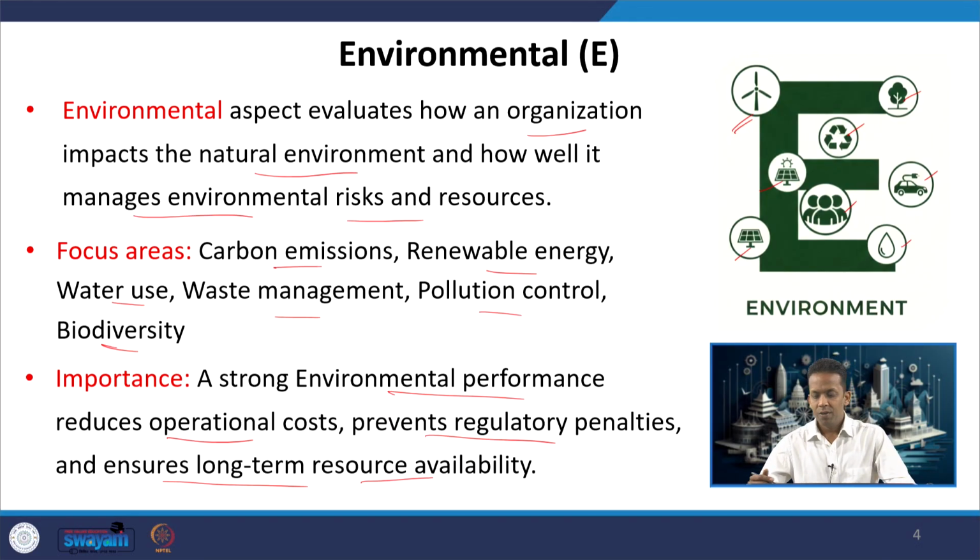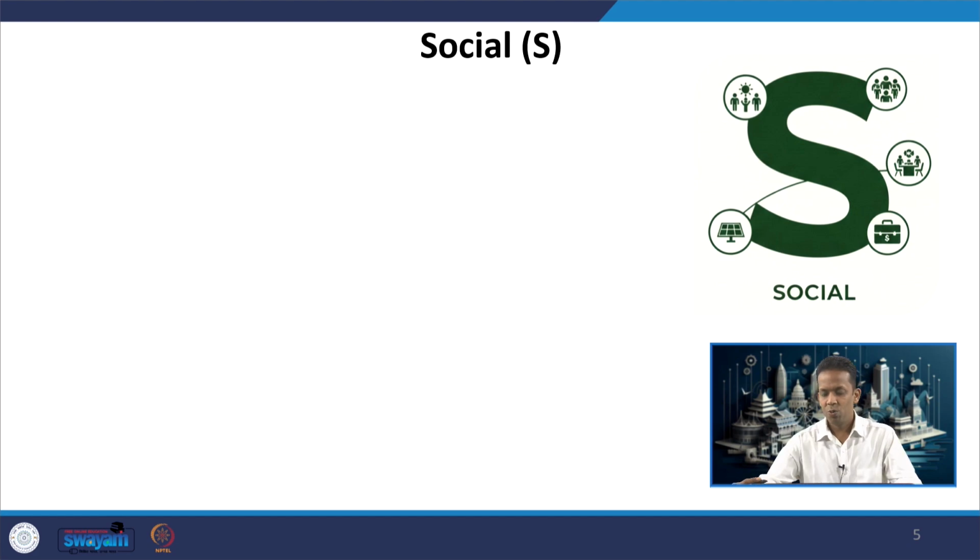And if the efficiencies are increased, if more reliable energy sources are being used, it may reduce operational cost also. So, that is how having good performance in the environmental aspect would help any business. Second one is social. It has to do mainly with the people involved, mainly the stakeholders who are inside